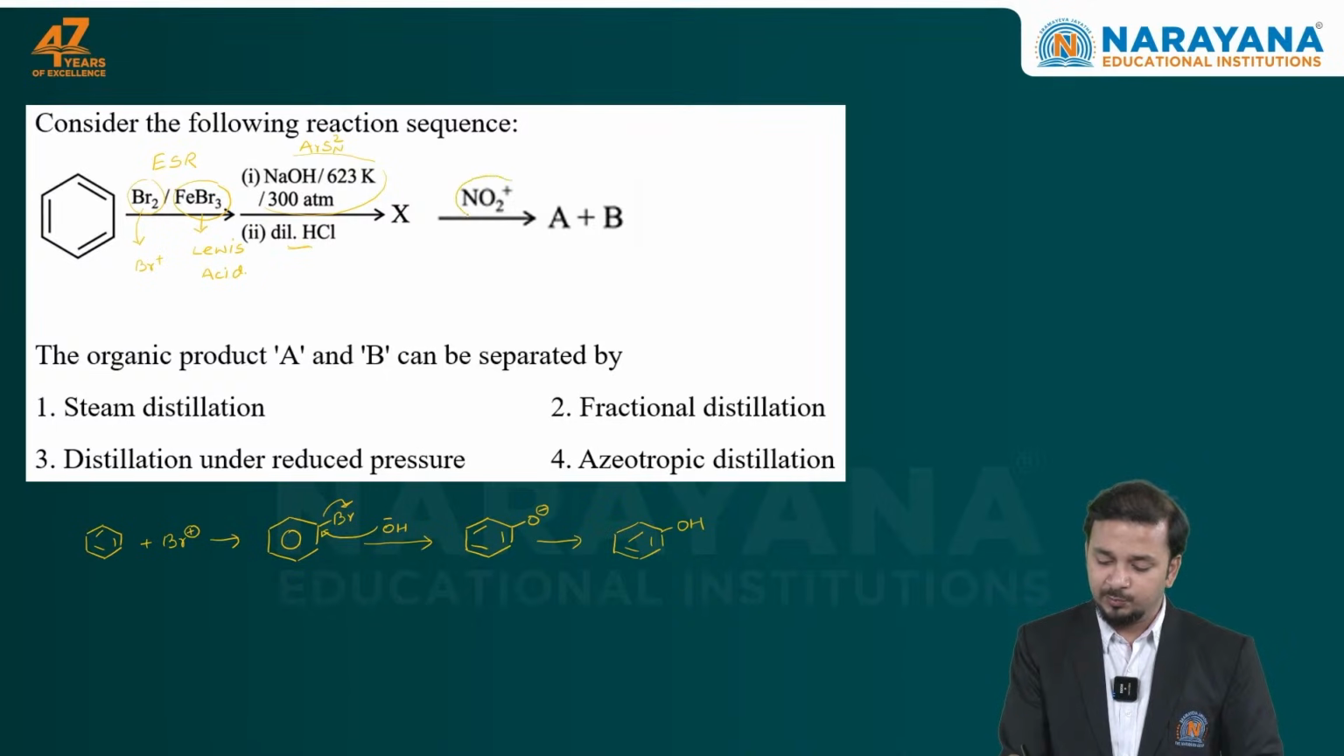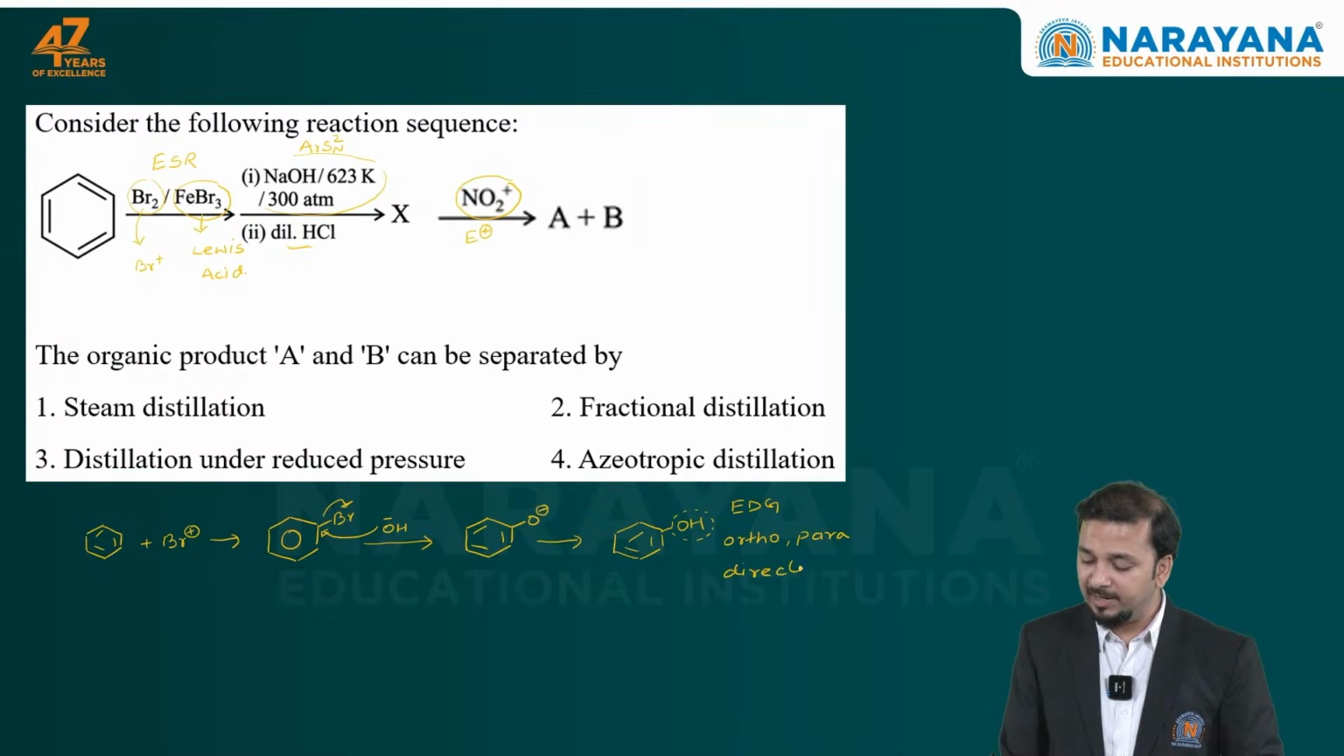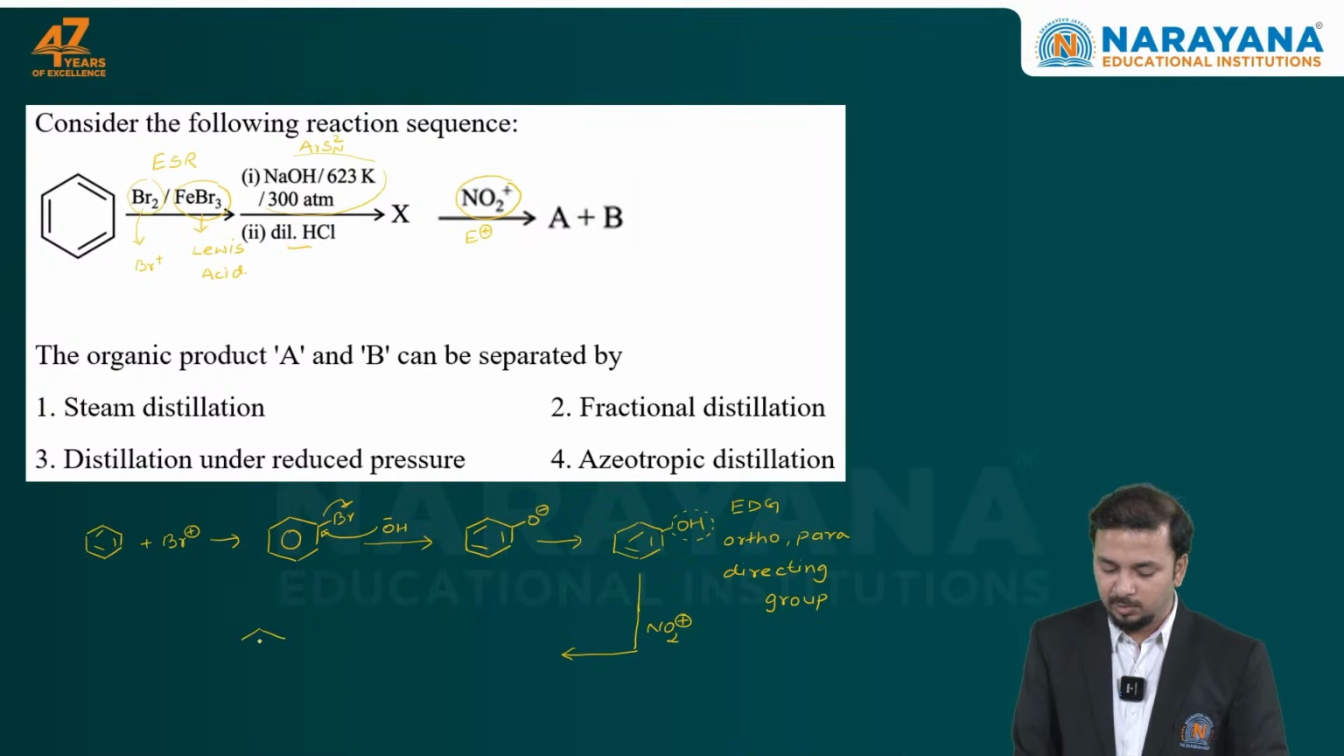After this, it is treated with NO2+. We know NO2+ is electrophile, so electrophile will attack at electron rich site, and this OH which is present on the benzene, this is electron donating group, or we can say it as ortho para directing group. Ortho para directing group means the electrophile will attack at ortho position and para position. So the product which will be obtained after treatment of phenol with NO2 plus will be orthonitrophenol,